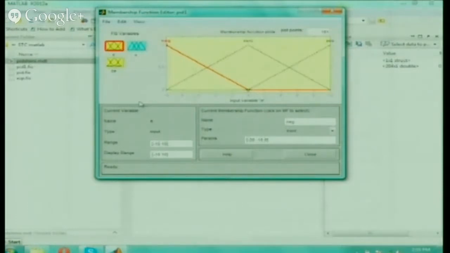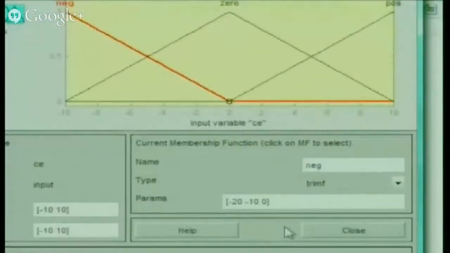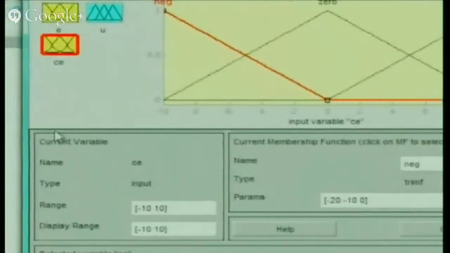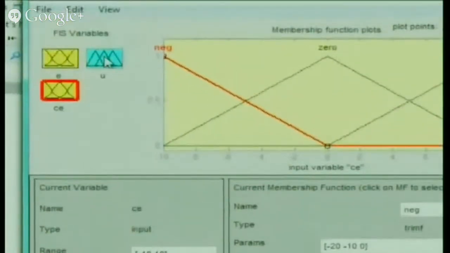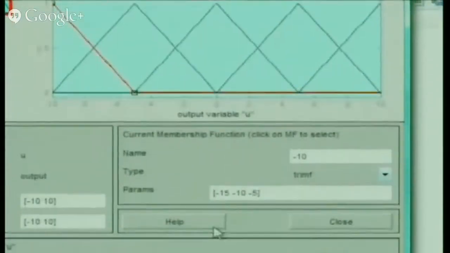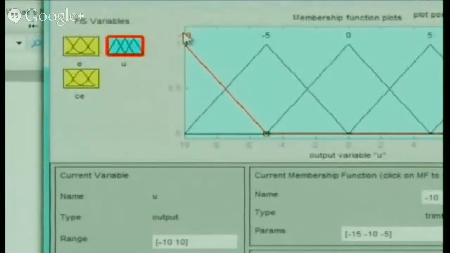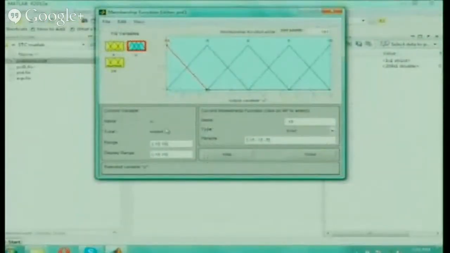This all of you know to create it. Similarly, for the change in error also, this is the membership function. For change in error, the same way you have created the membership function for that. And similarly for the output also. For output also I have defined how should my output be. I have created the .fis. So I think all of you know this. I am not going in depth. So all of you have created this.